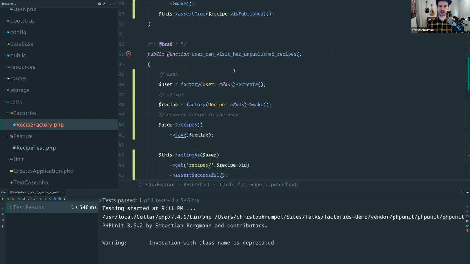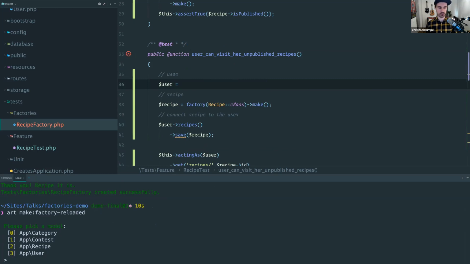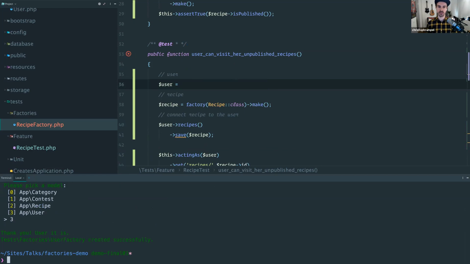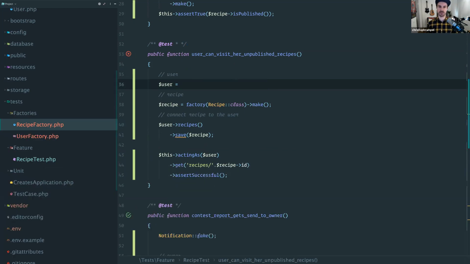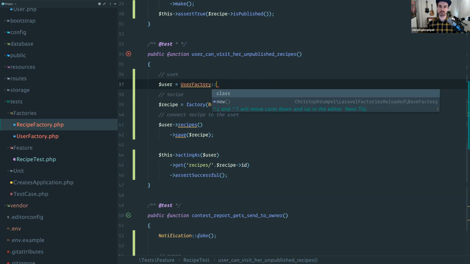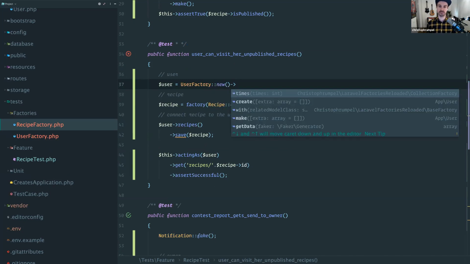Okay, let's move on to our second test here. Let me just check the time. Okay. Here we're going to need a user. So we need a user factory. Let's call our command again. I'm now picking the user. And now I'm able to call here our new user factory. And we need the new method to create this factory. And then we're calling the